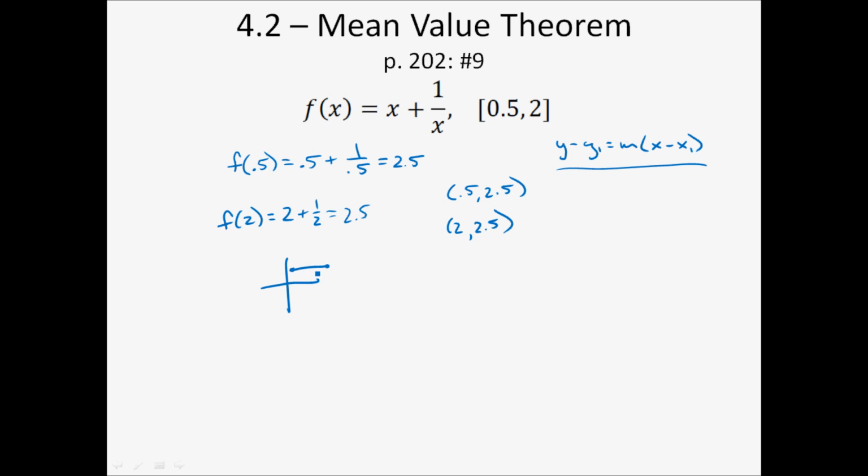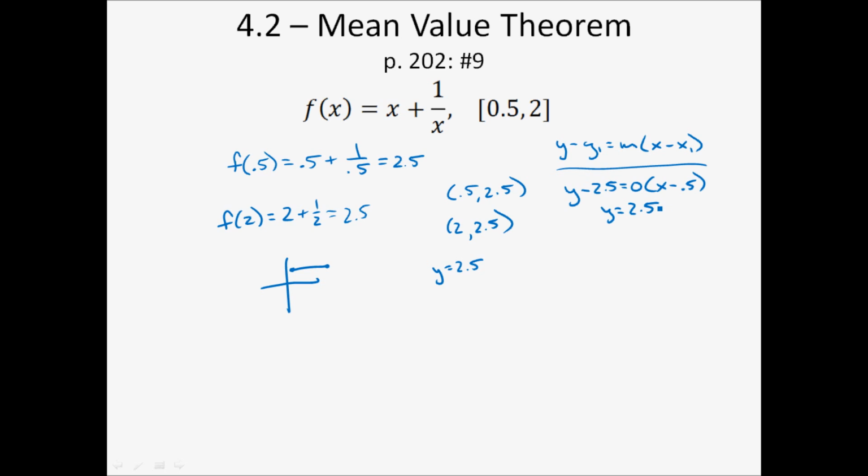So a line that lies down is going to be a y equals line, and it's going to be 2.5. Okay, and what's the slope of this? 0. So if we did go through point-slope, we could. It would be y minus 2.5 equals slope of 0 times x minus, we could choose either one of these points. I'll choose 0.5. So 0 times anything is 0, and we add 2.5 to both sides,